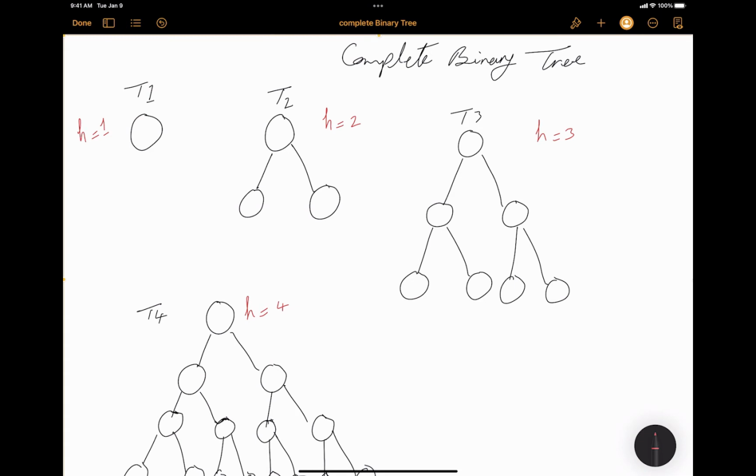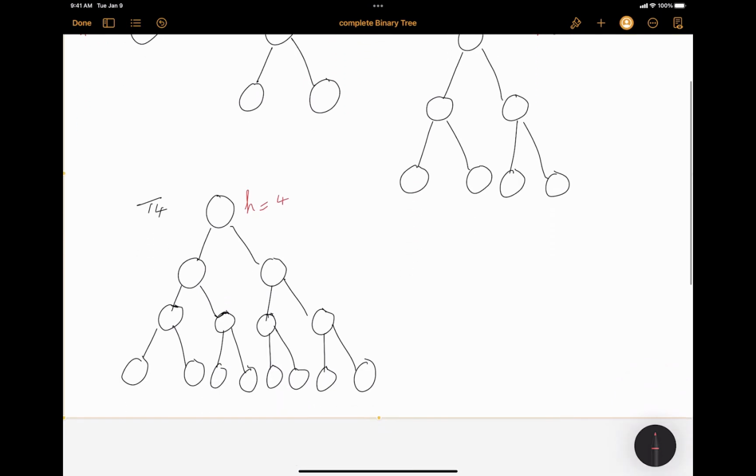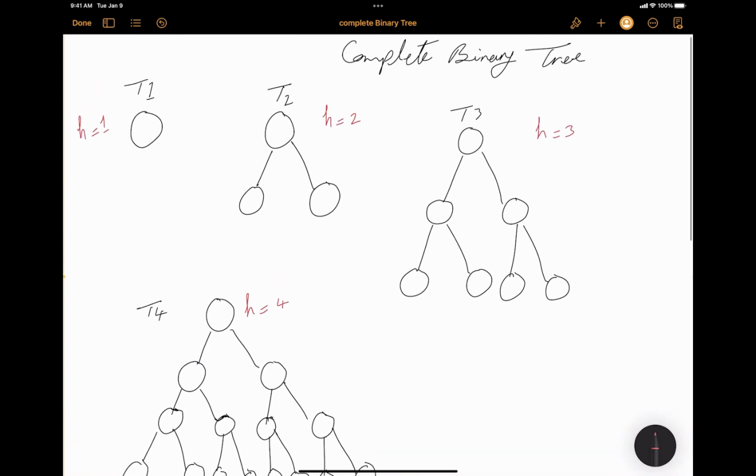So in the tree T1, as you see, the root node is the only one that we have, and at the same time it is a leaf, so it is a complete binary tree. T2 and T3 and T4 also are complete because each node except the leaves, as you see, has exactly 2 children. So we're going to see some exciting features about the complete binary trees, such as the number of nodes